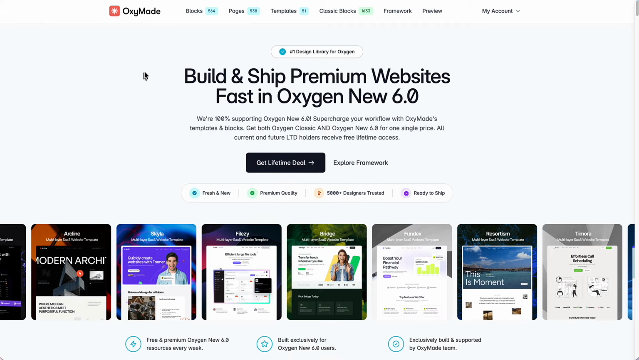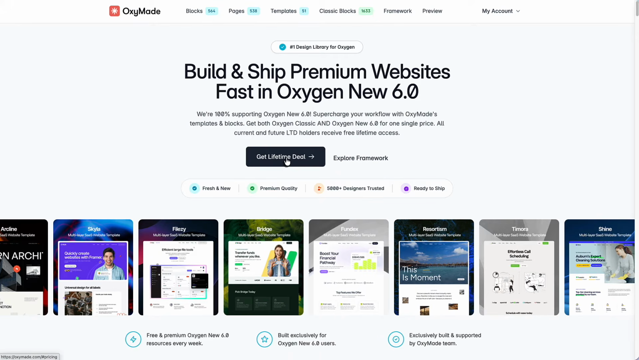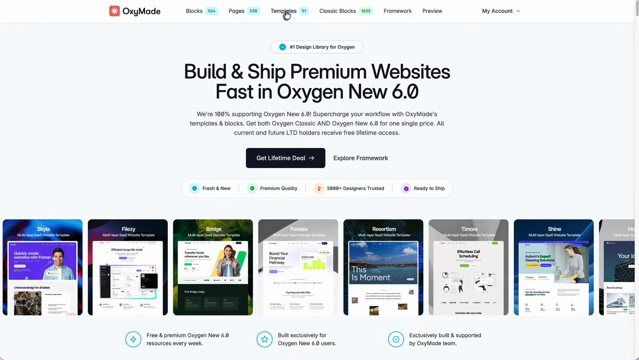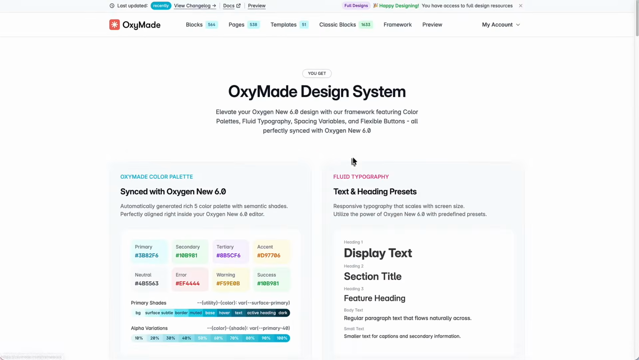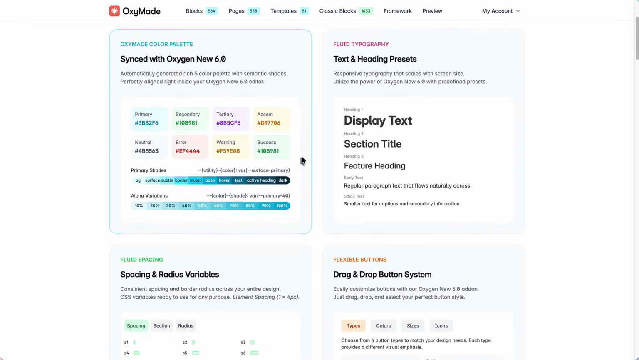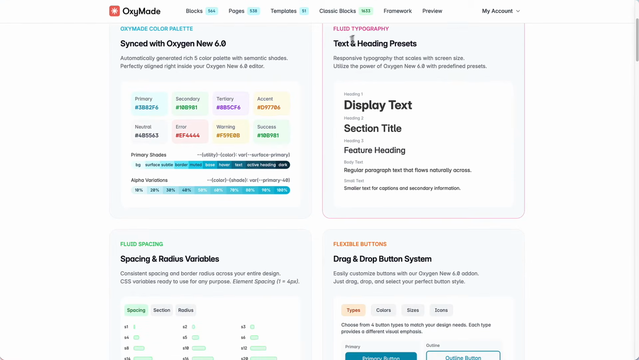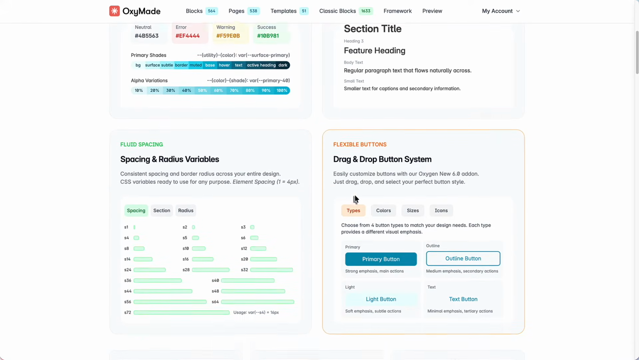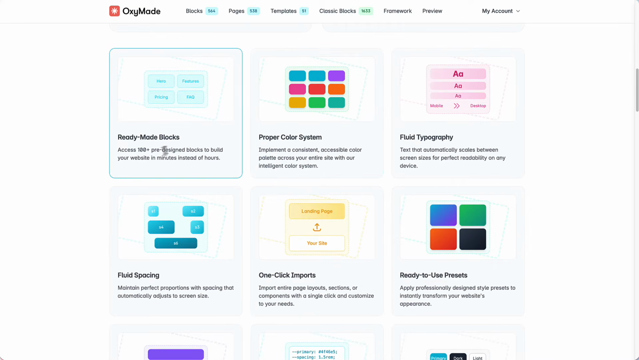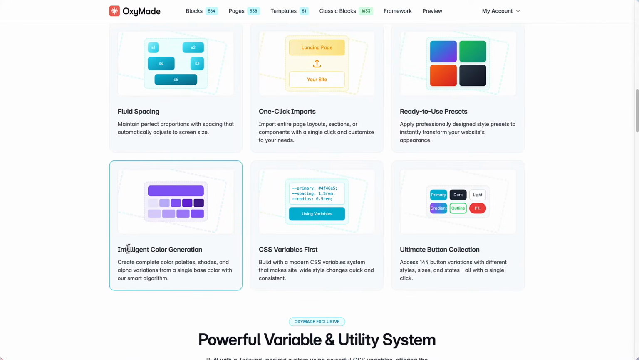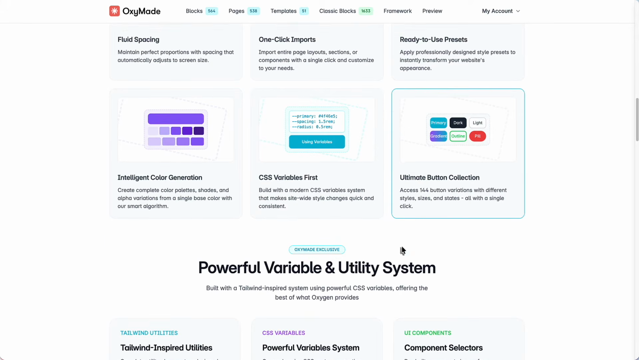And what they have is you can go and buy access to their blocks, pages, and templates. But there's also this option here to explore the framework. So, you have color palette, text and heading, fluid typography, fluid spacing, pre-designed button options, blocks. I haven't seen any free blocks yet, so maybe those are in development. There's color system, fluid typography, the color generation for shades, CSS variables, buttons. Okay, and then